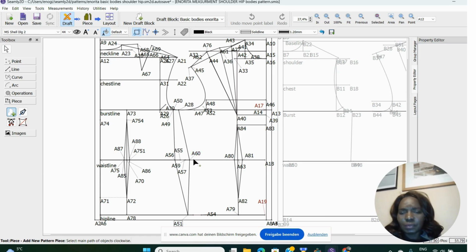So we're going to start from the waist here, A60, and I'm going to come to A28. See that it is highlighted. Then when it comes to curve, you click on the curve, and then A45, and then we're going to A76, and then that is A40, the first line. The second line is A43, and then we come here to the neck, and then we click on the curve,